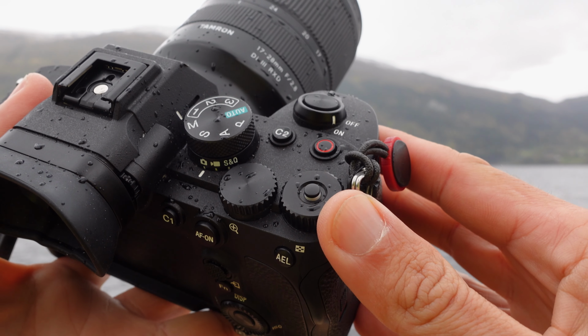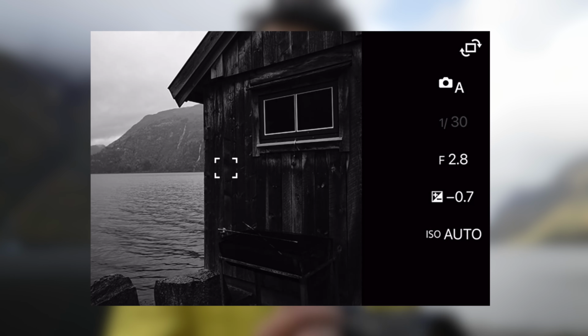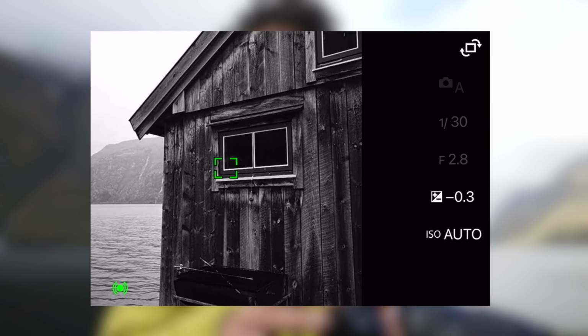That is a disappointment because this is pretty much the only setting that I change all the time. I shoot in aperture priority mode, usually shooting wide open, so that is how I control the exposure. Another little downside of the A7 IV over the A7R is that it's limited to just 33 megapixels instead of